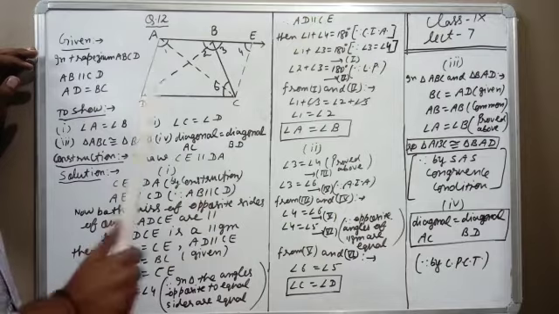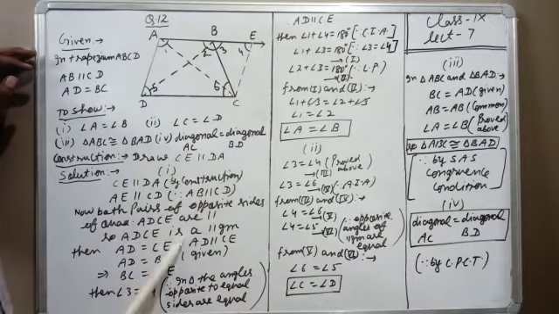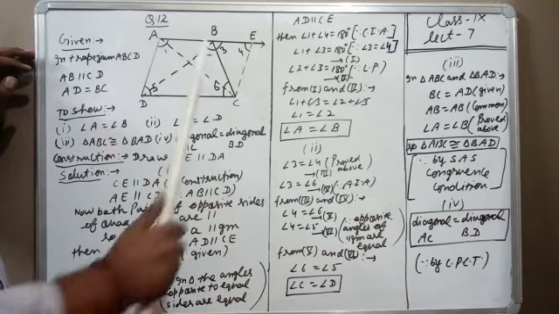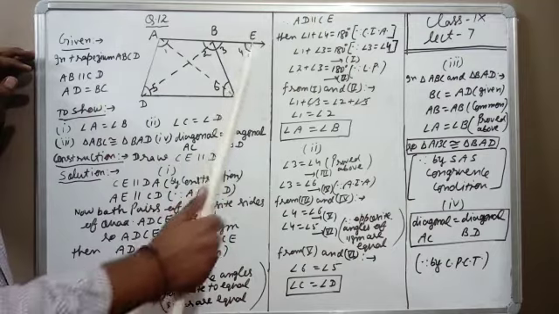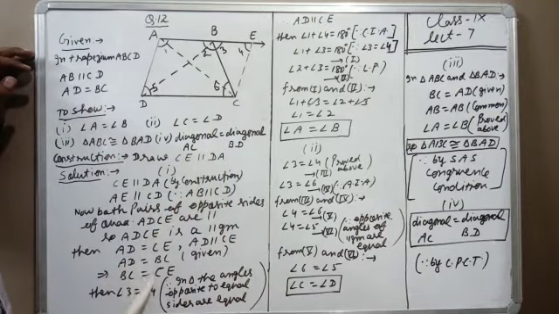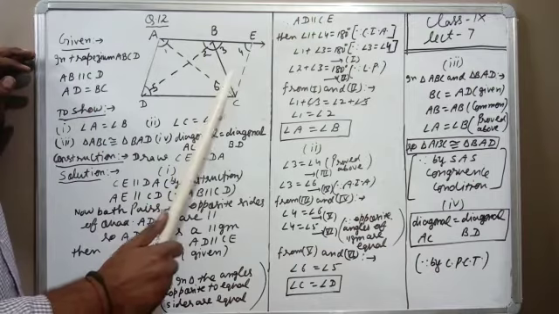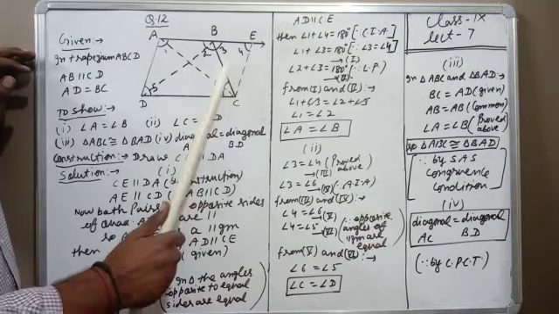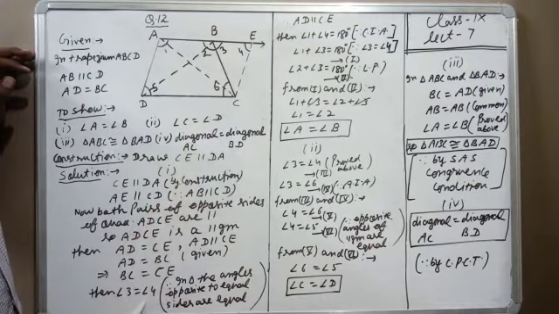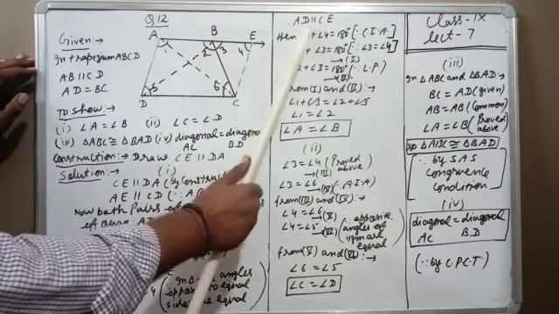Then we can say AD equal to CE, AD parallel to CE. Now in given AD equal to BC. So in these two, AD is common, so we can cancel AD. CE and BC will be equal. So if we see this triangle BCE, here BC and CE are equal, and if in a triangle two sides are equal, their opposite angles are also equal. So we can say angle 3 equal to angle 4 because in a triangle the angles opposite to equal sides are equal. Now we will use this result AD parallel to CE.